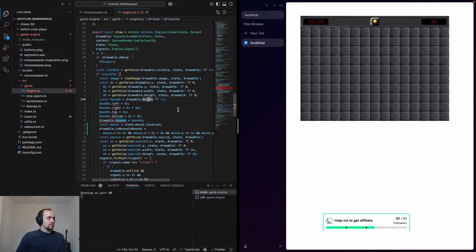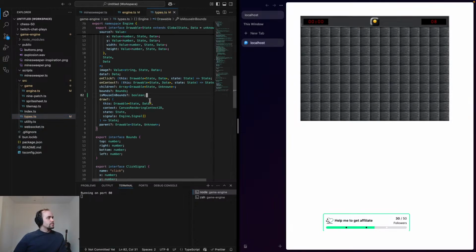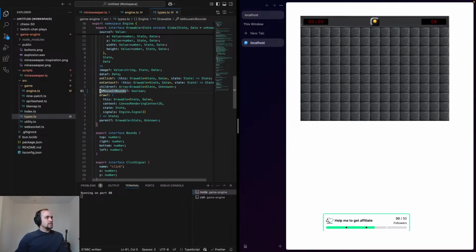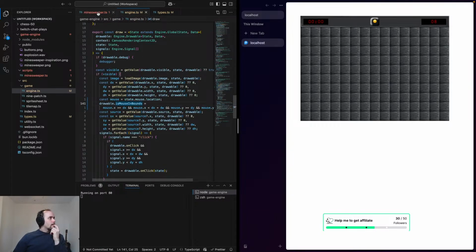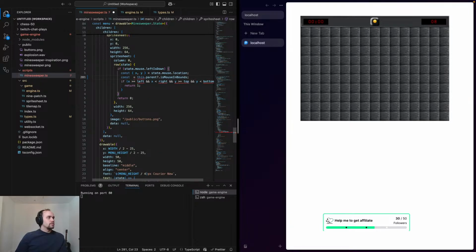Maybe we just remove drawable.bounds. So we'll go to types, get rid of bounds plus data. And so we'll say mouse is in bounds. We could probably just get rid of a lot of this. We could just do